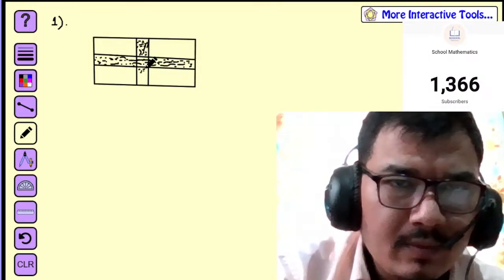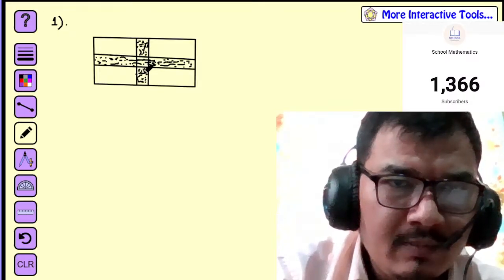Like this given here, and the question is asking us to find the area of these two